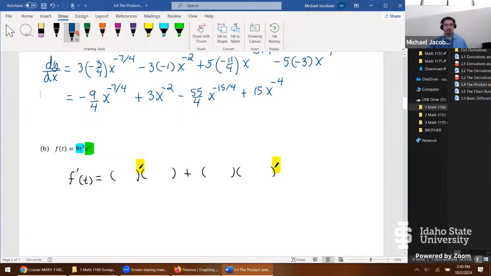After you've done that, it's just a matter of copying. 9t cubed goes into the first positions. So we'll go here. That's where it's differentiated. And also goes here where it's just being copied in. Then move over to your second function, e to the t. It copies here